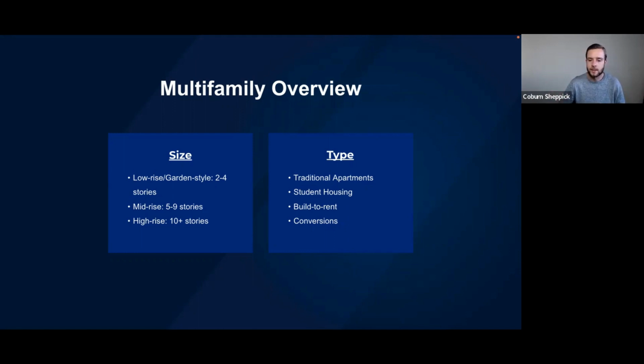home. And the last type, which has become less popular, or more popular, I guess, but it's changing, is conversions. Back in the early 2000s, condo conversions were very popular, where operators would buy condos and convert them to traditional apartments. That has become less popular over the years because of inflated values, costs, and the capital that it takes. And so it's become less popular, but now we'll start to see, and this goes back to our office subject,